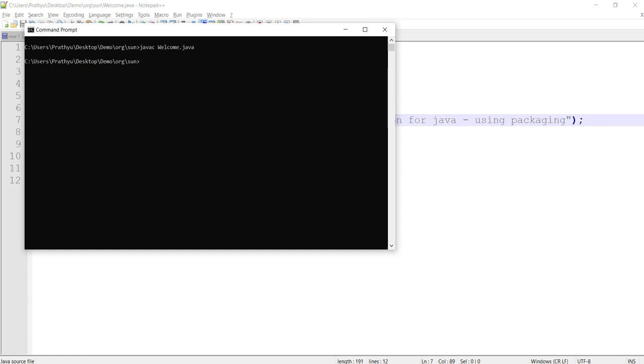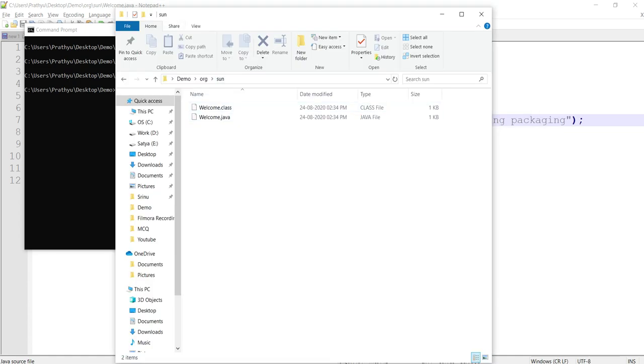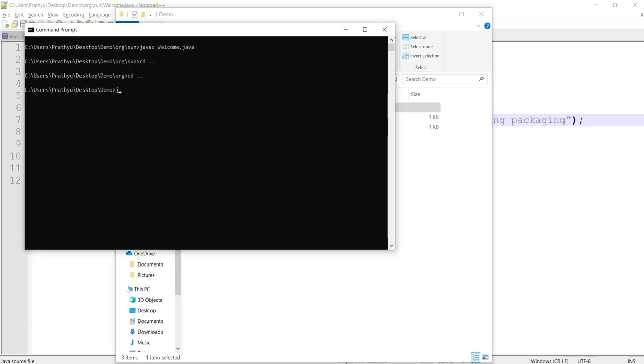To run our program, I need to use the fully qualified name. My fully qualified name is warg.sun.welcome, where welcome is my Java file name. So let me come out from this folder. From here, we need to run the Java program, starting from the package folder, using the java command with the fully qualified name warg.sun.welcome, and we should not give any .class or .java here.